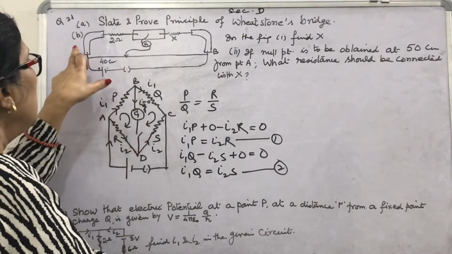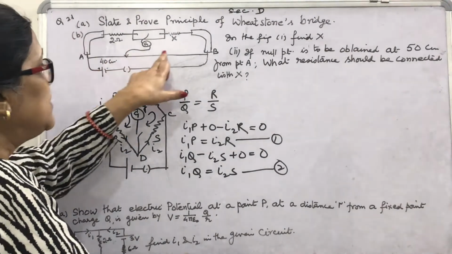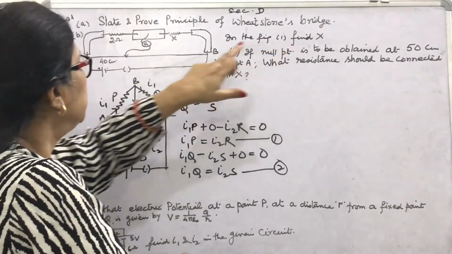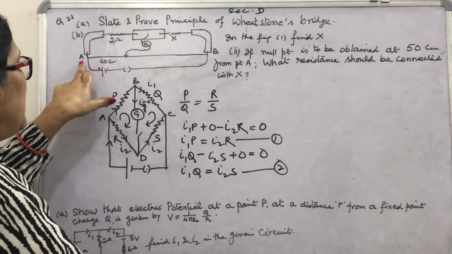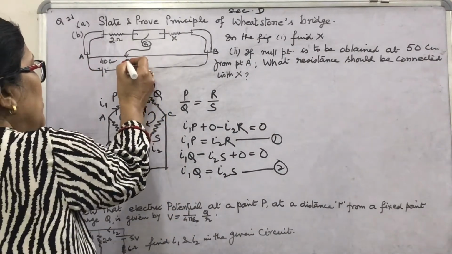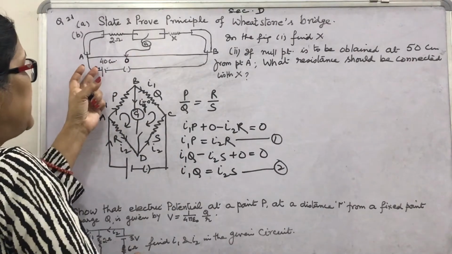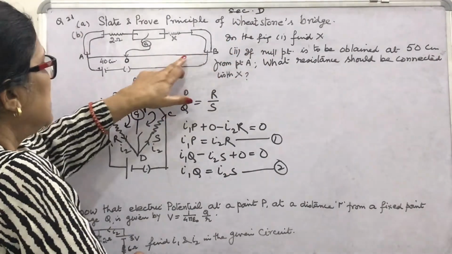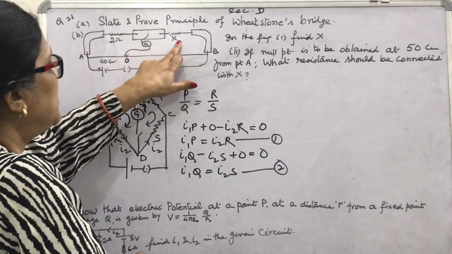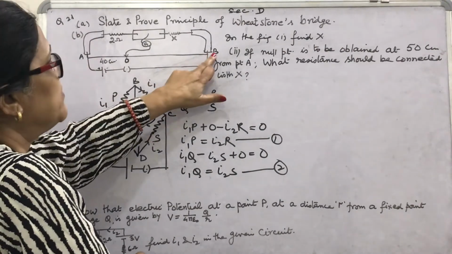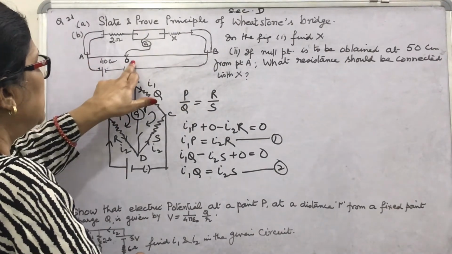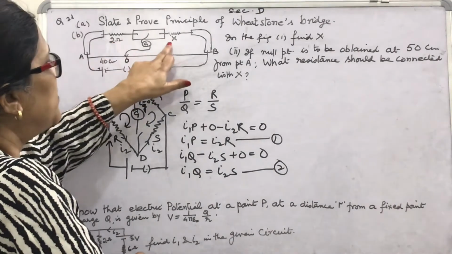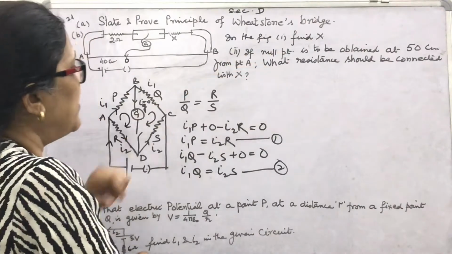Okay. Look at part B. In this figure there is a circuit given. Find X. Here the balance point from A is given, A to O. Suppose this is 40 centimeter. In the figure of the meter bridge, I have not written the whole question. This is the 2 ohm resistance, this is the unknown resistance, this is the meter bridge wire of 1 meter length, and this is the balancing length of 40 centimeter from the end A for this 2 and X. Find the value of X.